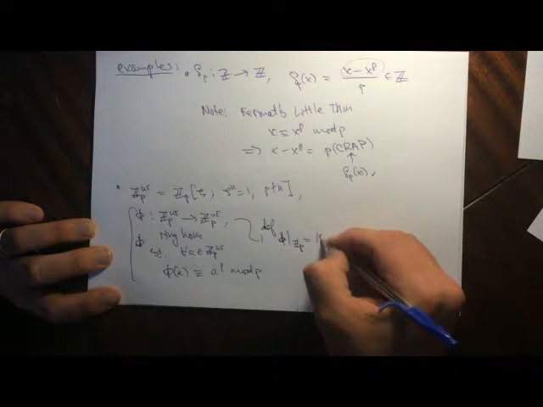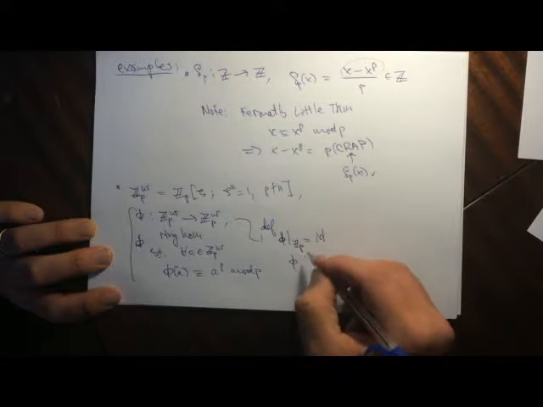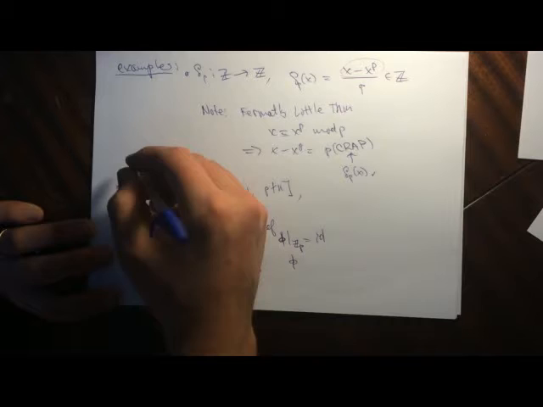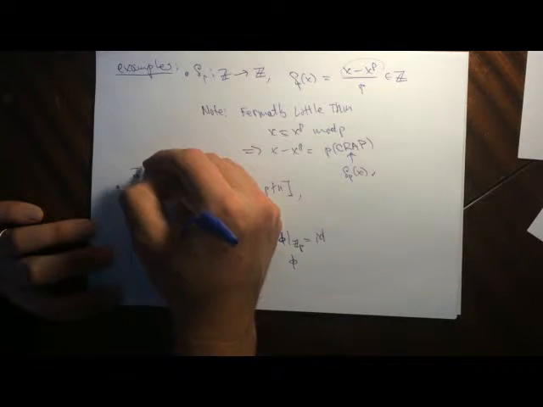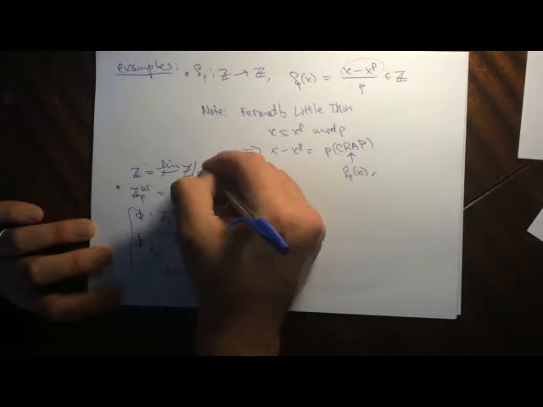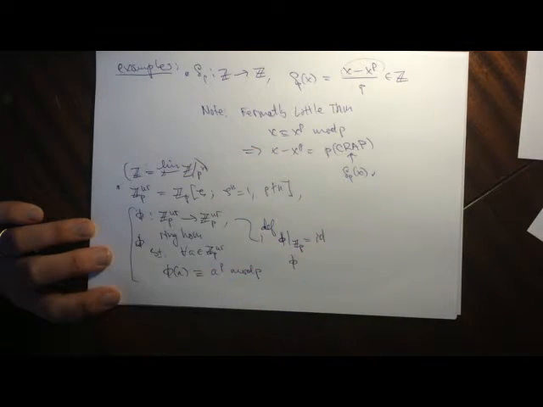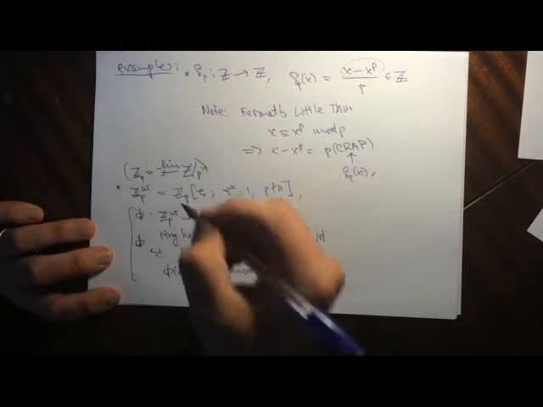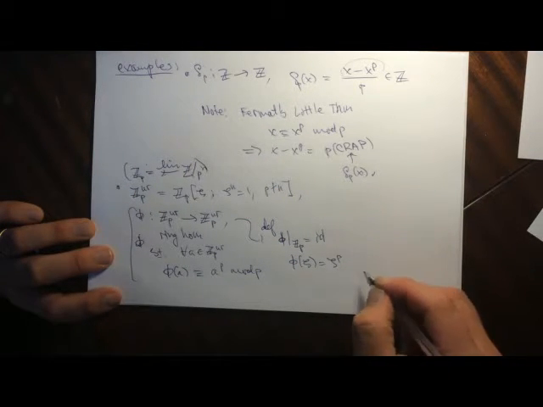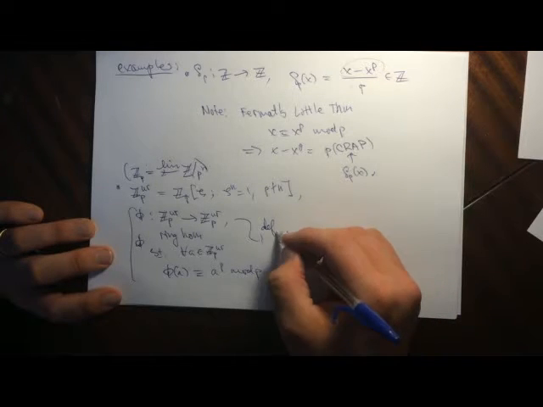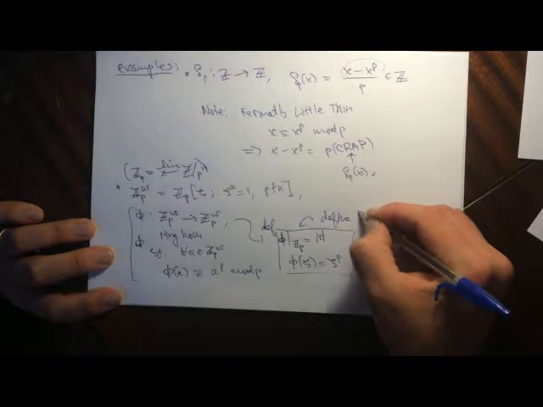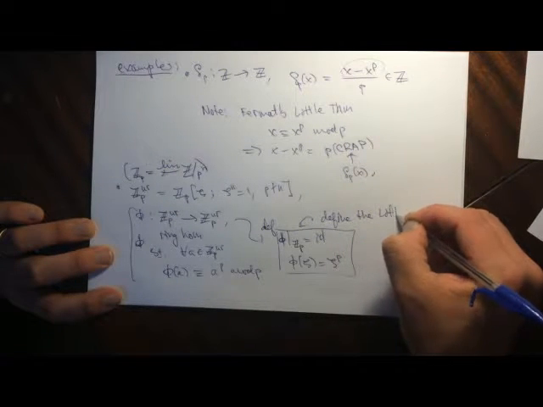Restricted to Z_p, the p-adic integers, which is the inverse limit of Z mod p to the n, it's just going to be the identity. And then on the roots of unity, you just take pth powers. So this defines the lift of the Frobenius